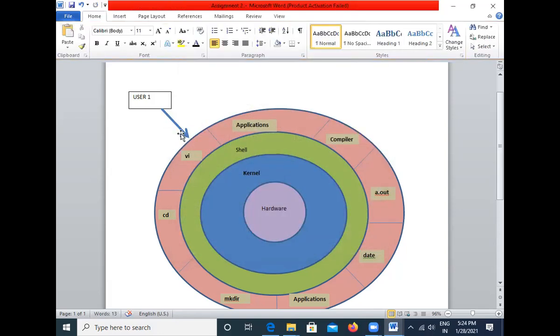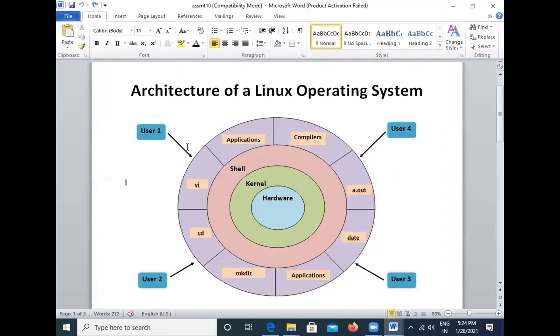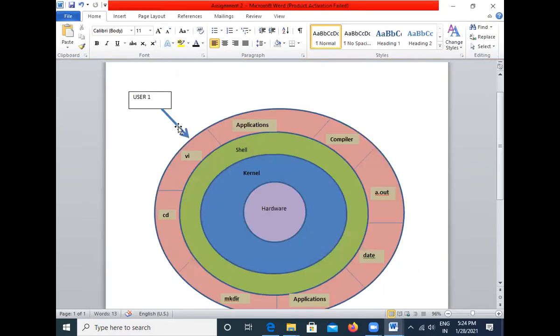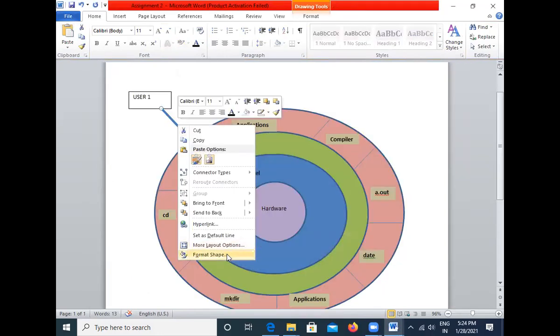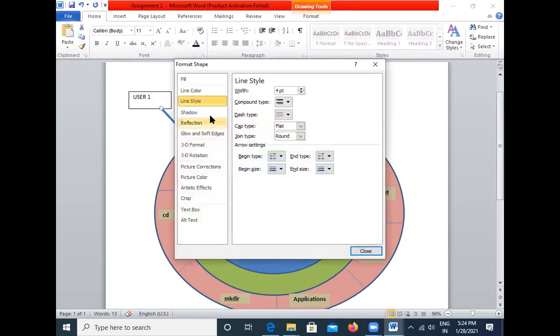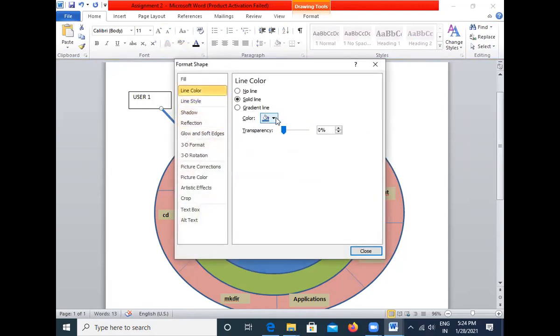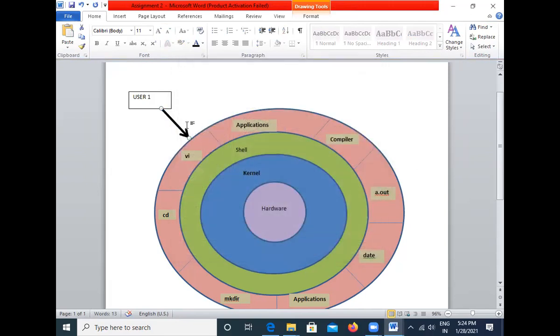So like this we can increase the line width. Or also if you want to change the line color, again go to the format shape option. So line style you have, and here line color is available, so we'll keep it as theme color and then say okay.